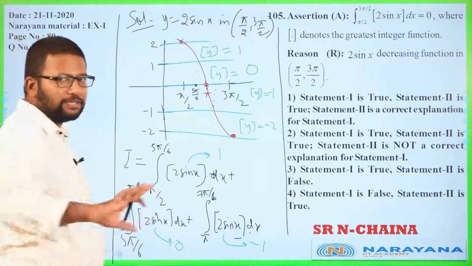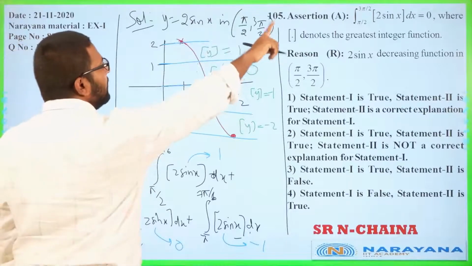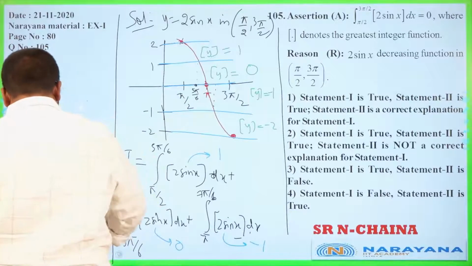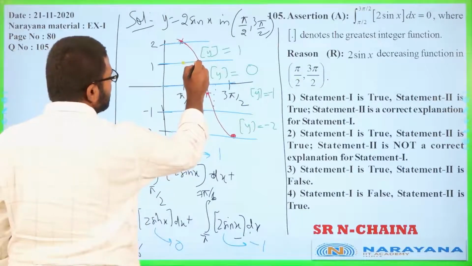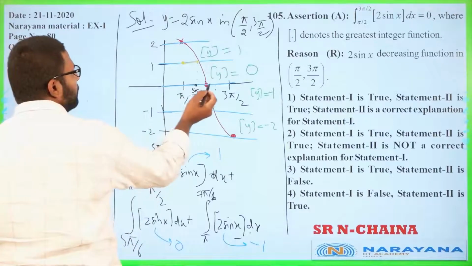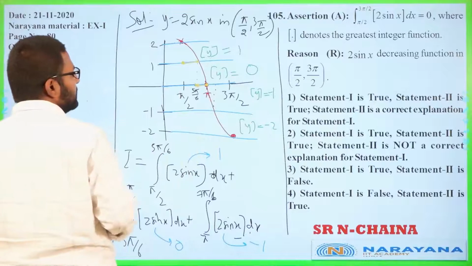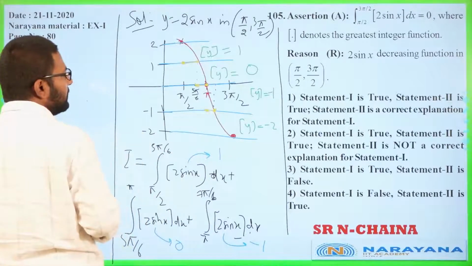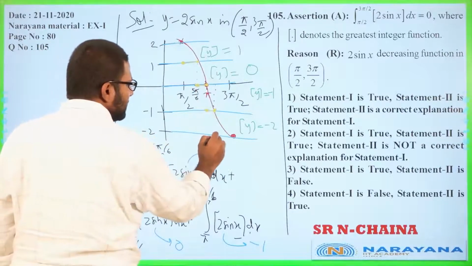I hope you have all the screenshots, because I am going to change the diagram. We have been asked integral step 2 sin x from pi by 2 to 3 pi by 2. Now the actual step values, you will realize this step is 1, which means from here to here it is at 1. From 5 pi by 6 to pi it's at 0. Then from pi to 7 pi by 6 it is at minus 1. And from 7 pi by 6 to 3 pi by 2 it is at minus 2.